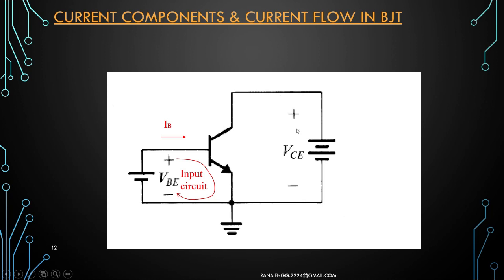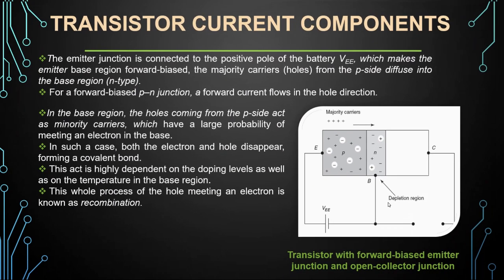Say this is our diagram in common emitter. The previous diagram was for common base. In the input circuitry, we have VBE. This is positive, this is negative. So this is the base current here, and on the output side we get IC, right? And along with IC current we have IE, that is the emitter current.